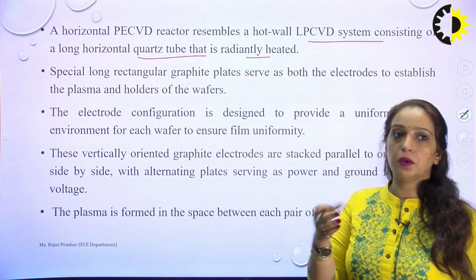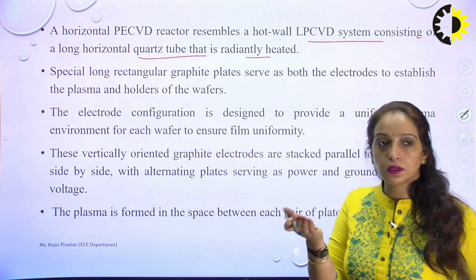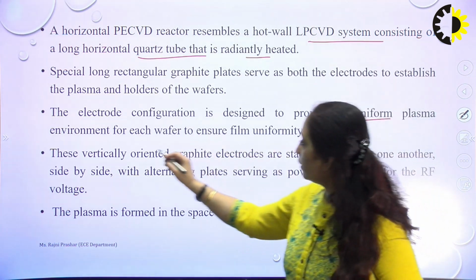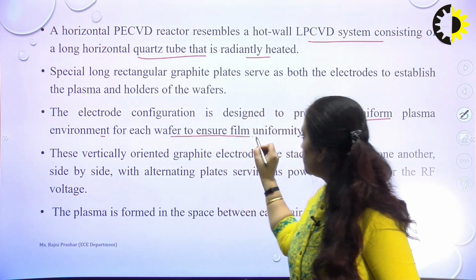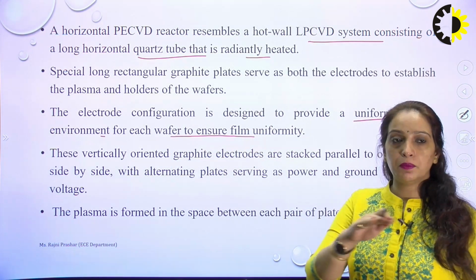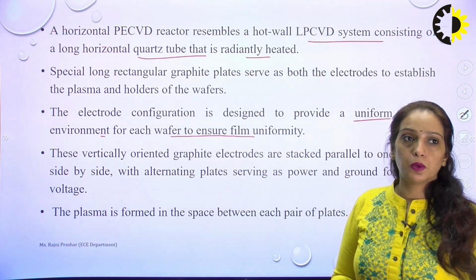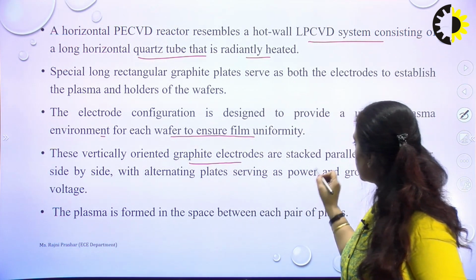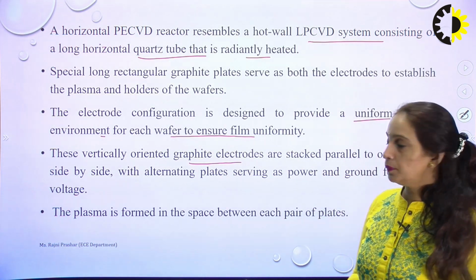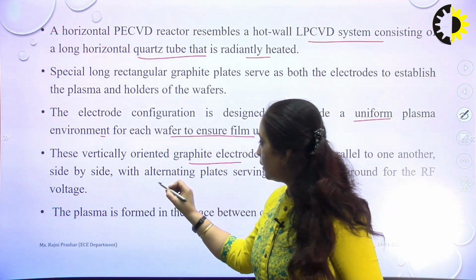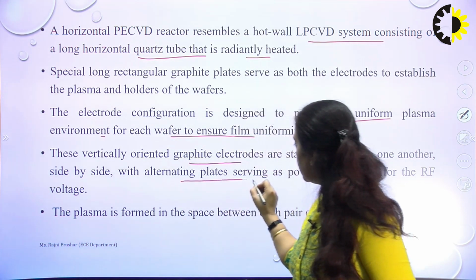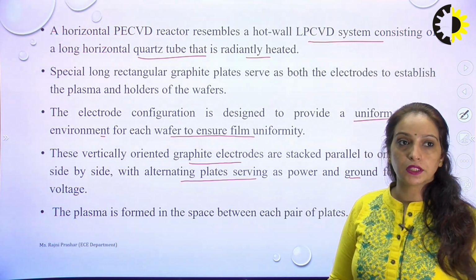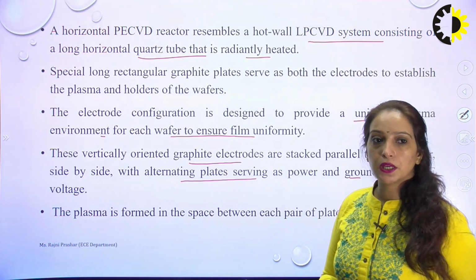So a single plate can be used as an electrode as well as to hold the wafers. The electrode configuration is designed to provide a uniform plasma environment for each wafer to ensure that we are going to have a very uniform deposition over the substrate. These vertically oriented graphite electrodes are stacked parallel to one another, side by side, with alternating plates serving as power and ground for the RF voltage,